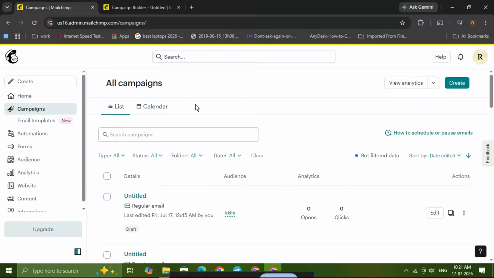Today, I'm going to show you how to personalize Mailchimp emails with a first name so your messages feel more personal, more engaging, and much more likely to get attention. This is a simple trick, but it can make a big difference in how your audience responds to your emails. If you run a newsletter, send promotions, or just want your emails to feel less generic, this is a great